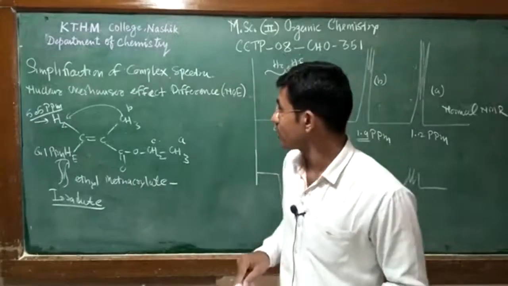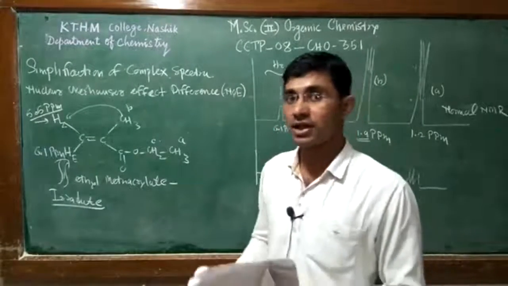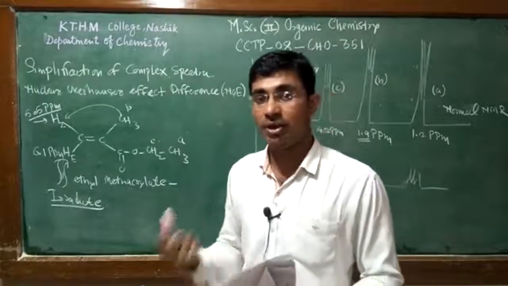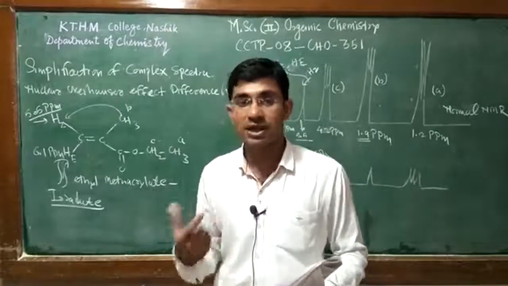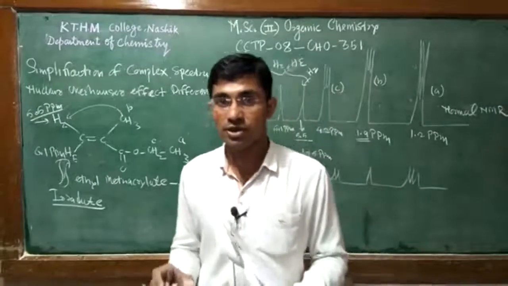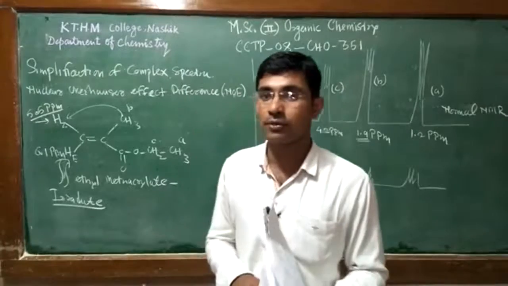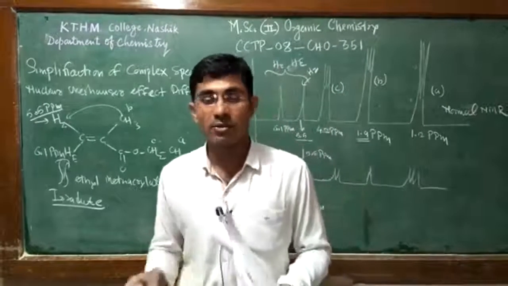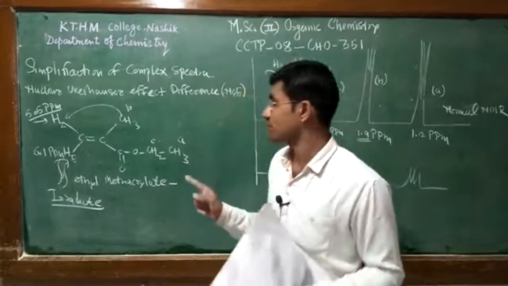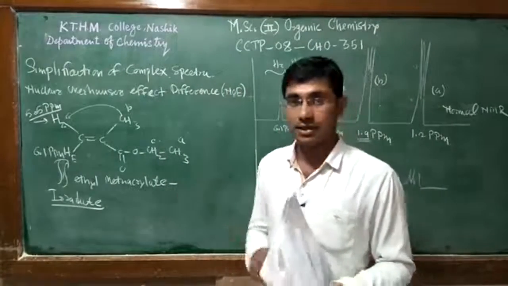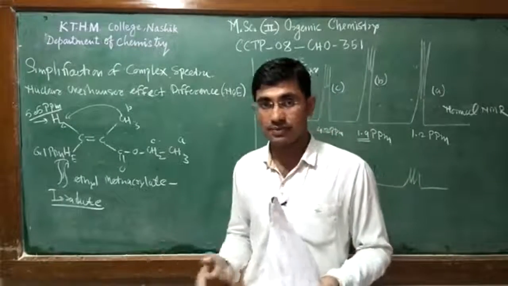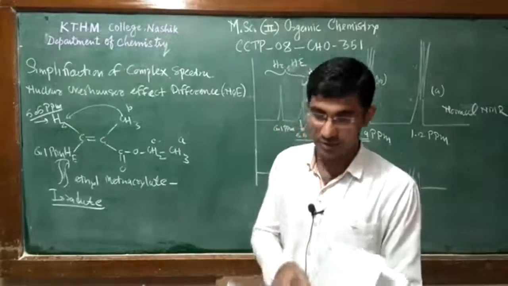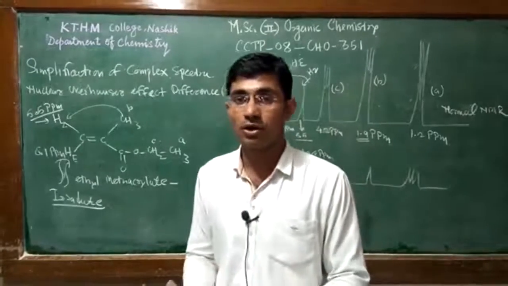In this way we can easily find out the location of substituents on an aromatic ring in complex structure problems, and also stereochemical information about alkenes. Also in bicyclic systems, this type of information is easily found with the help of the nuclear Overhauser effect. So this is all about the nuclear Overhauser effect.